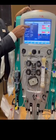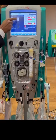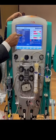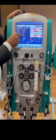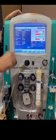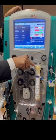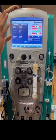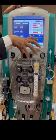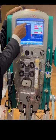Okay, so 1300. Now the actual ultrafiltration happening in this filter is 1300 plus 400, 1700, plus 50, 1750, plus 20 ml. 1770 ml is the ultrafiltration actually happening in this filter in an hour. But from the patient it is taking only 50 ml. The remainder is what we are giving into the circuit as a replacement. Okay, so